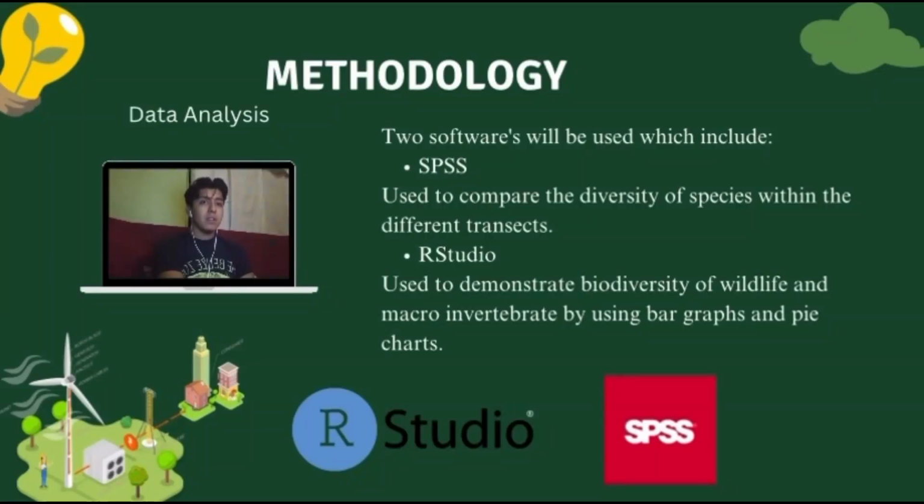Now for the data analysis portion, whereby we assess all the information gathered. The first key software that will be used is SPSS, to analyze the data on the transects that we have collected and see if there is any significant difference in biodiversity between these transects. Then we will also incorporate RStudio, which will give us proper insight into the difference in species and any abundance or rarity within the species that we have collected. This will give us a better visual insight into how we should